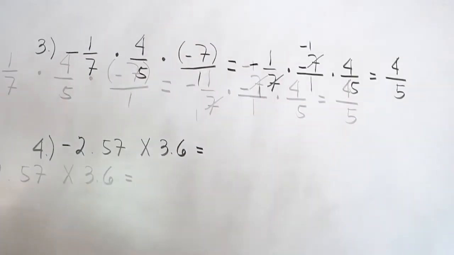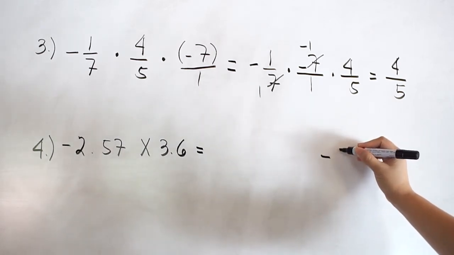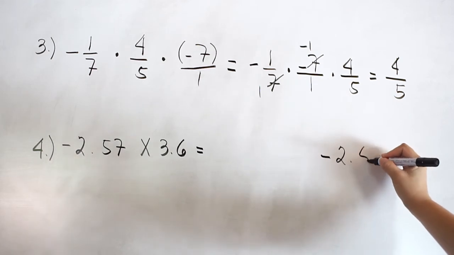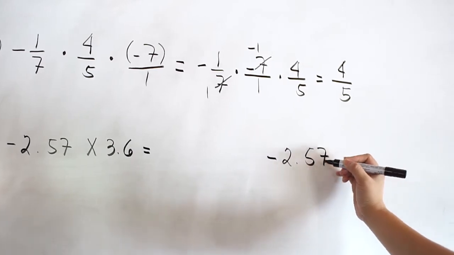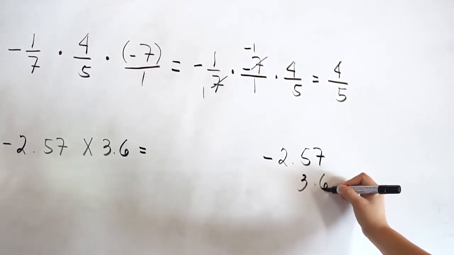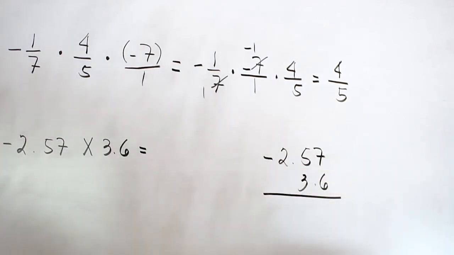Okay, the last example, example number 4, negative 2.57 times 3.6. So, we will solve it. Negative 2.57 times 3.6. So, do not be confused by the decimal point because we will place the correct decimal order later after we solve this. So, proceed with the